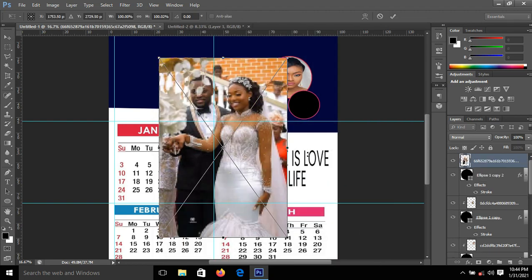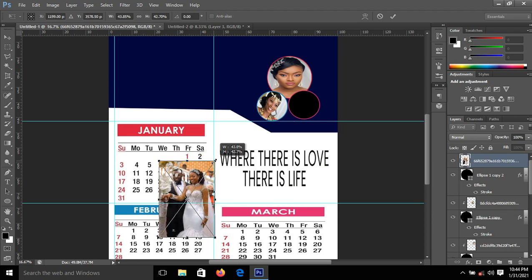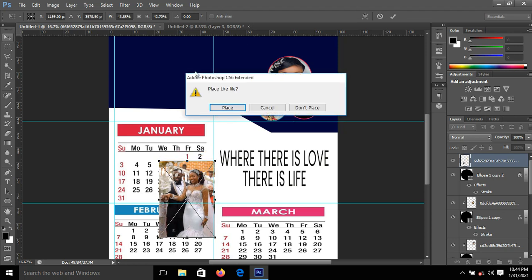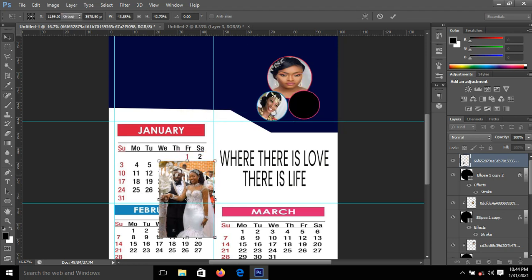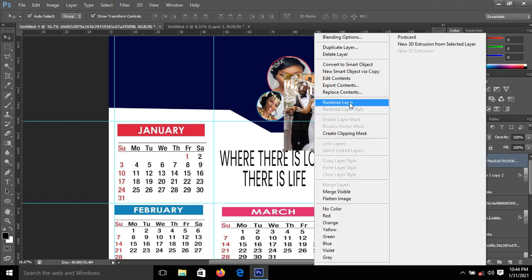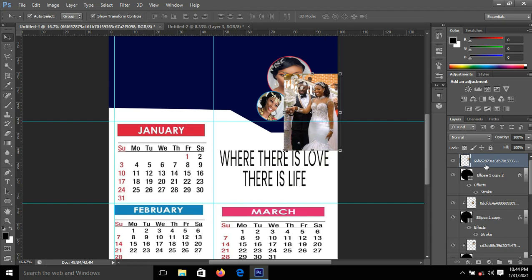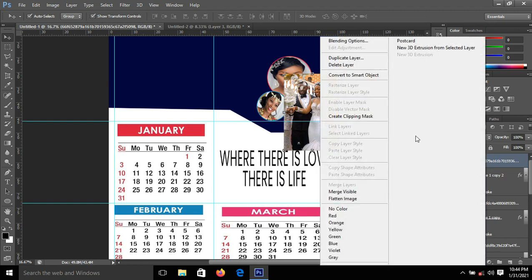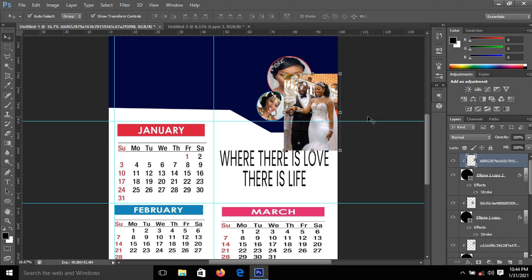Okay, I have to press Ctrl T just to transform it, and then click on the move tool to place it. Alright, so I have to position it nicely on the paper. Right click on the image and click on rasterize layer. Right click on it again and then create clipping mask. Good. Now you can see that the image is straight into the